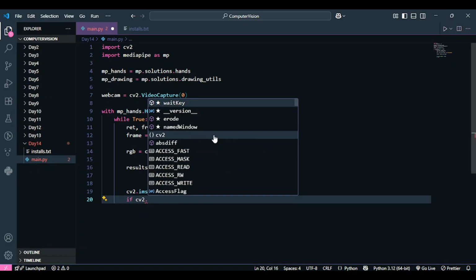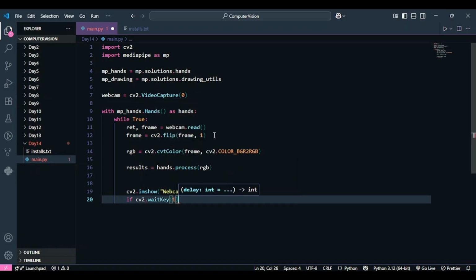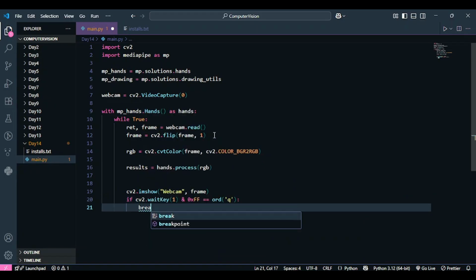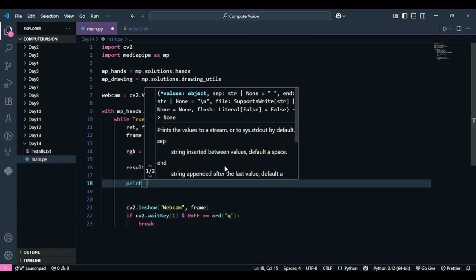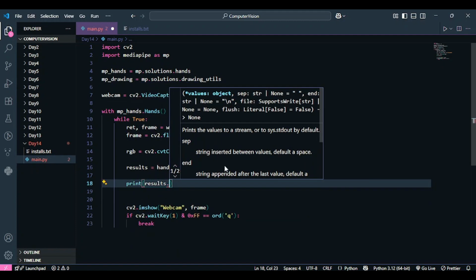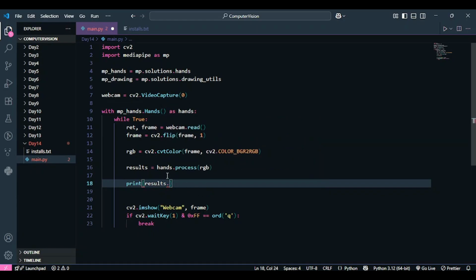I'm going to write the logic to exit from that webcam now. Okay, so now that I have written this, I am going to print the landmarks that are detected by my model. This results object actually has a lot of information about the detections.